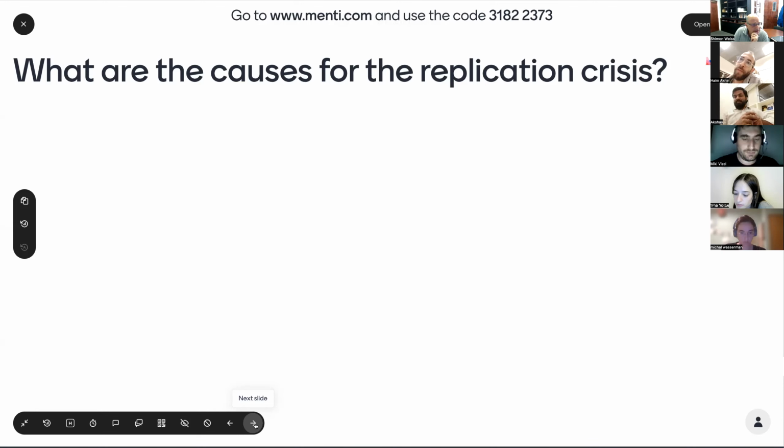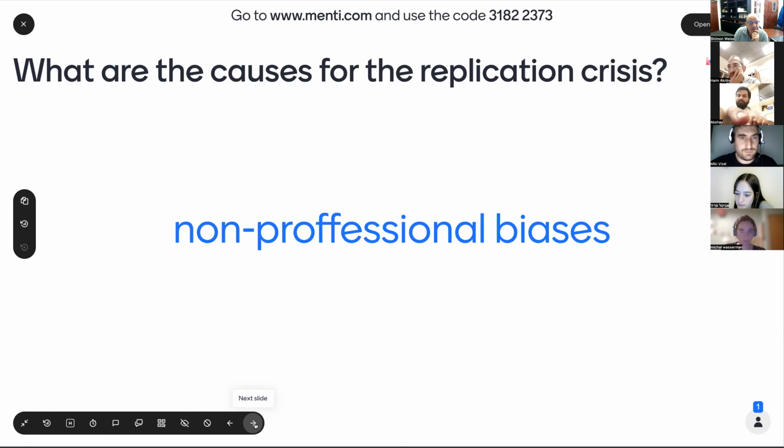I know you're all physicists and you think that physics is the most pure of all sciences and it couldn't happen in physics. I will convince you otherwise, but it's all over the place. And there are many reasons. The reason that Chaim brought up is definitely one of them.